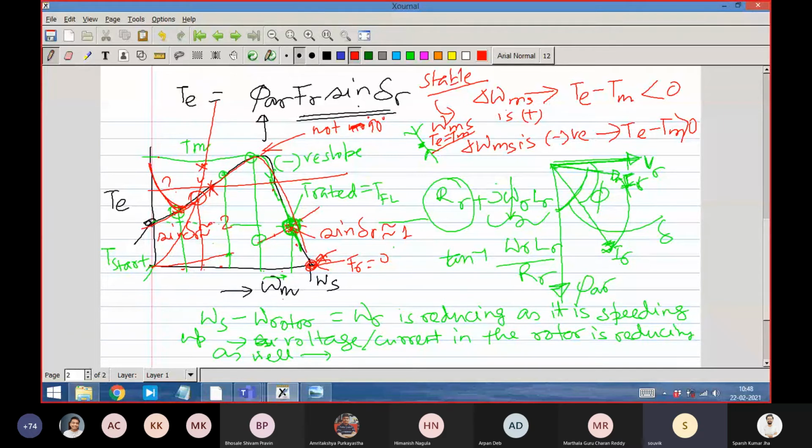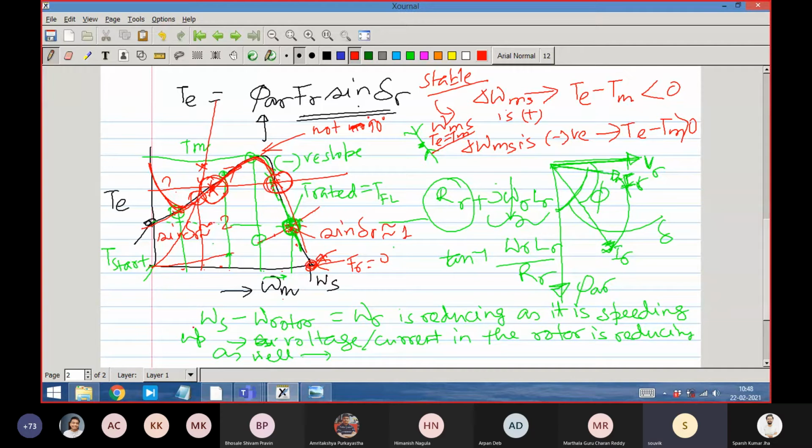But for looking at the stable operating point, you should consider this or this and analyze. Look at this. This is not stable with respect to this line. Why? Because at this point, if I give plus delta omega m, I get more electromagnetic torque than the load torque. That means it further speeds up. That means it will not stay here. It will come and stabilize here. It is not a stable point like this, because it is increasing, because mechanical torque is less than that, right?